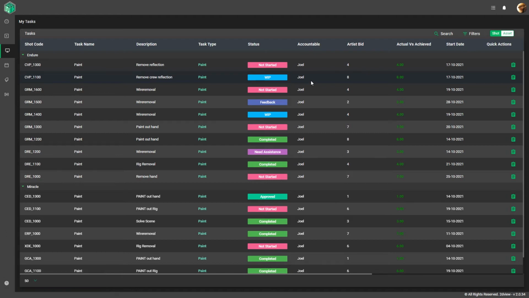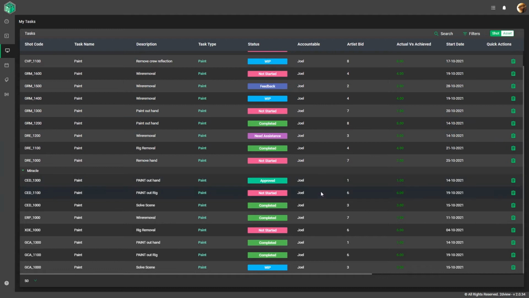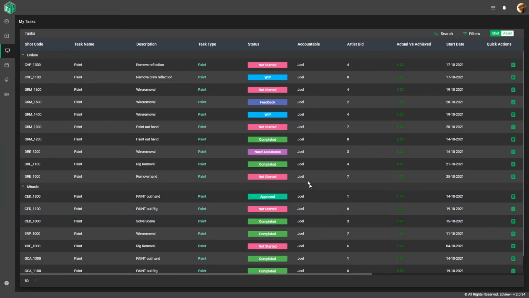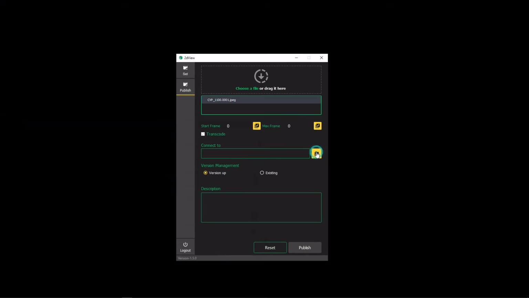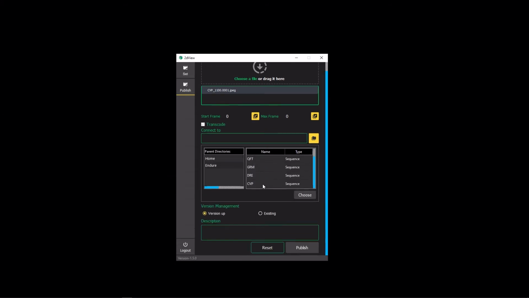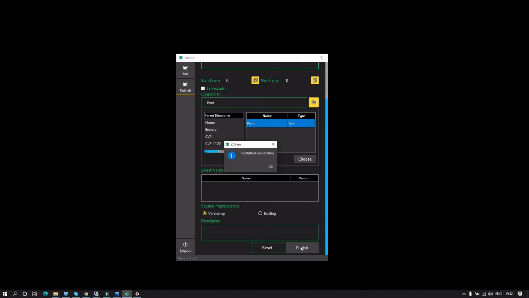There are many work statuses available for different work stages, and you could also create your custom work status in the admin panel. When the task gets completed, the artist will publish their work through the 2dview connector tool or directly from the respective software. In the case of publishing through the connector, the task will be transcoded and will be published as a render